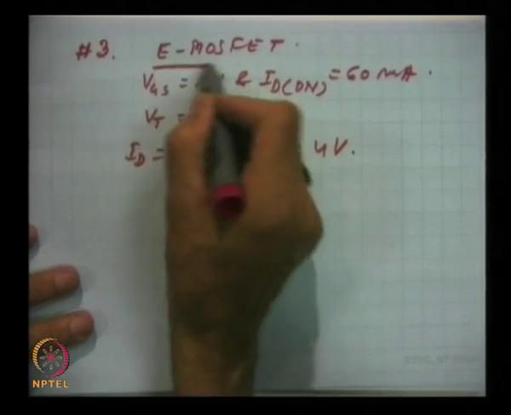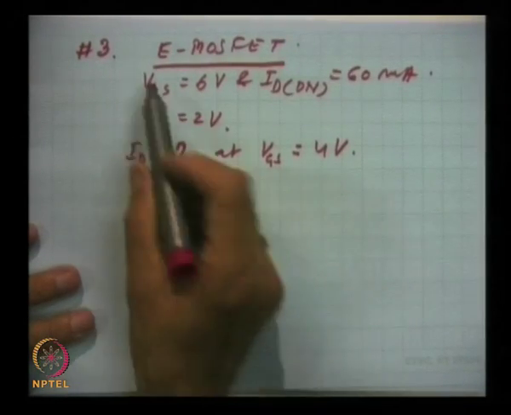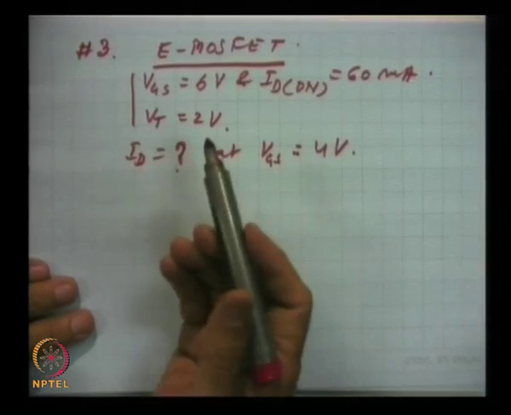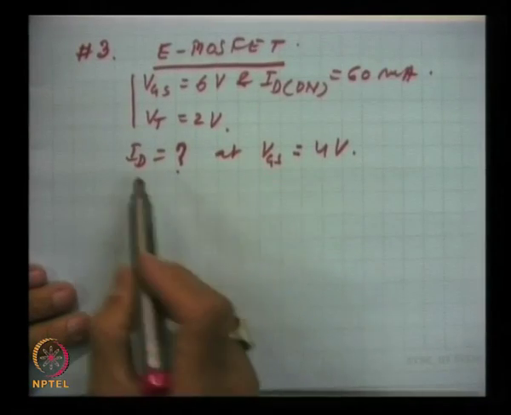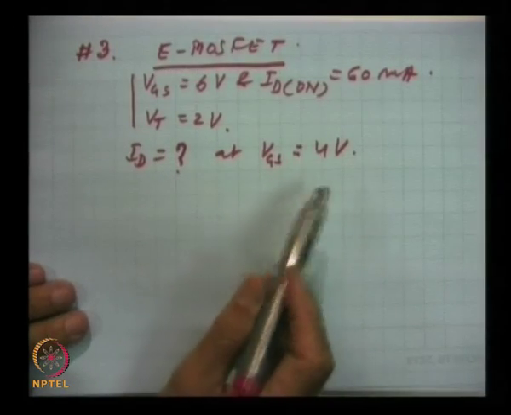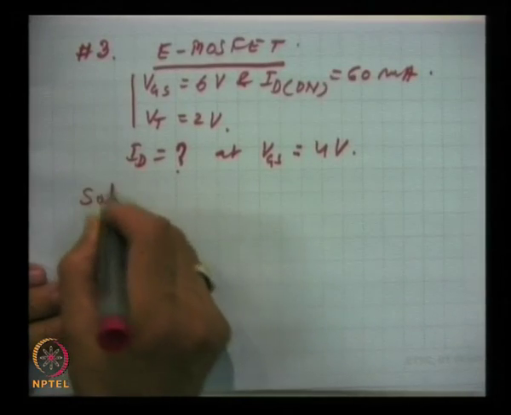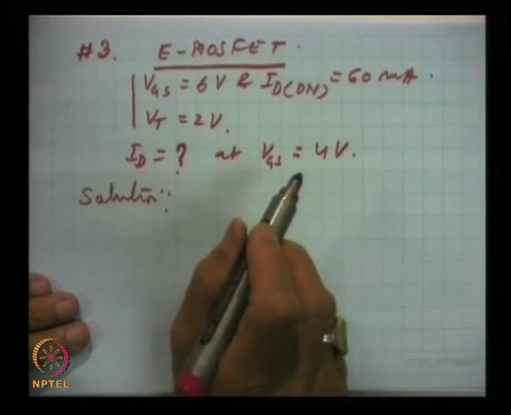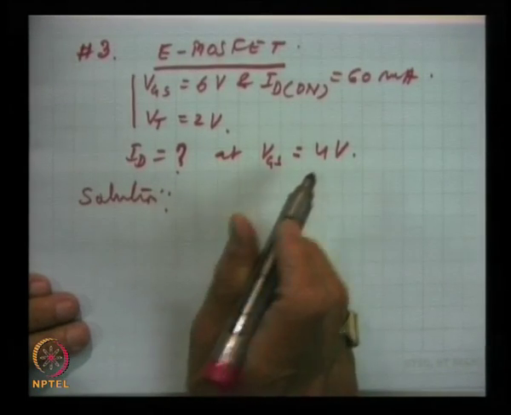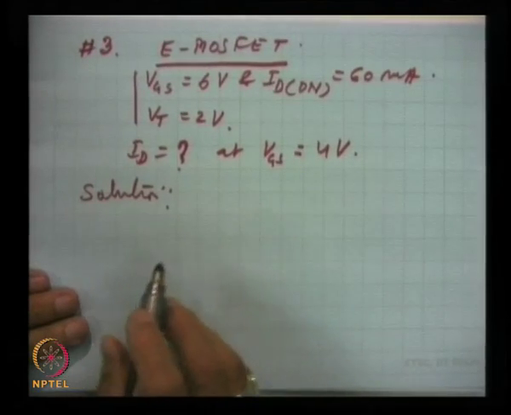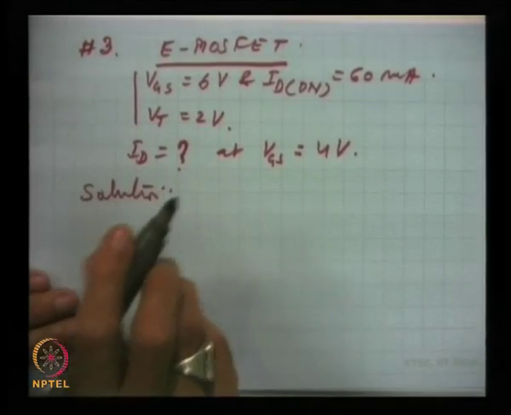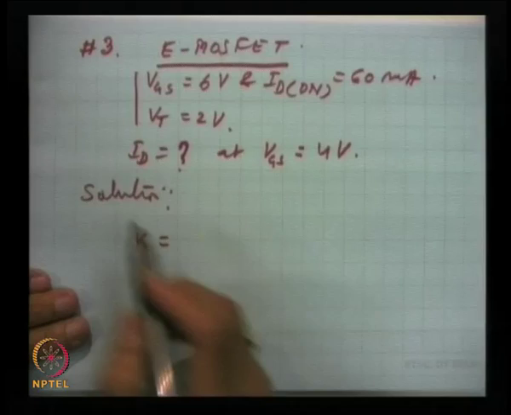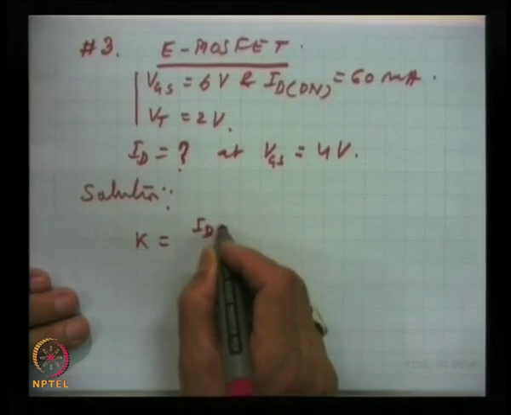So, this is one example we are taking, a MOSFET. This is the data available, the data the manufacturers give with the data sheet, and this is what the problem is. Drain current is to be determined at VGS 4 volts. Now, the solution. This data we can use to find out the constant K, the conductance constant of the device of the MOSFETs. This we discussed when we were talking about the MOSFETs, and this constant K, one of the ways we can get is through this data, and this was given to be ID on